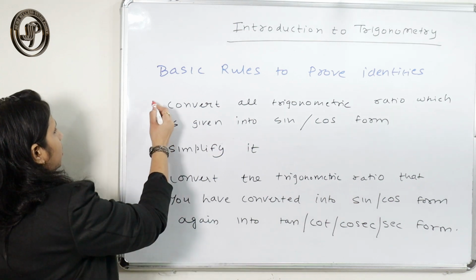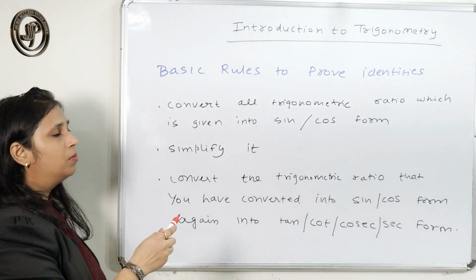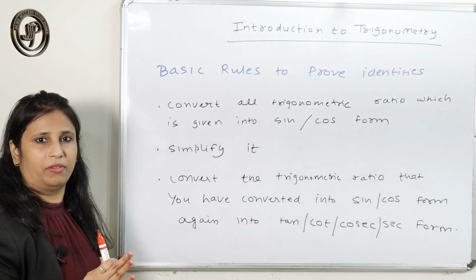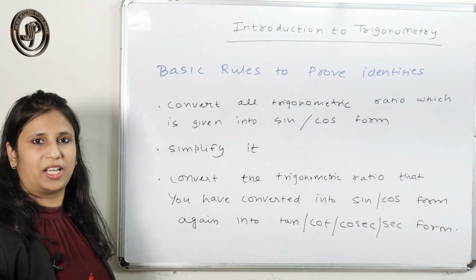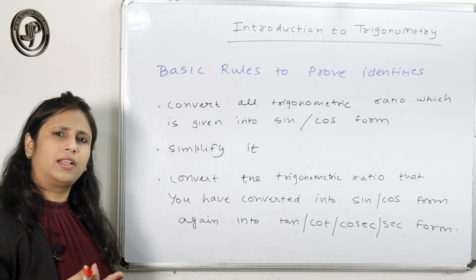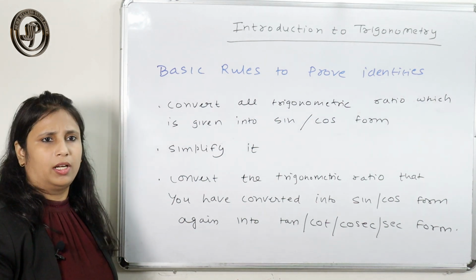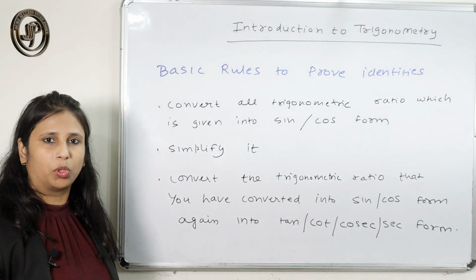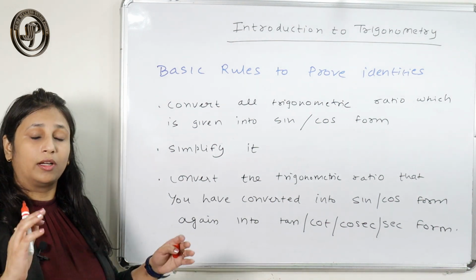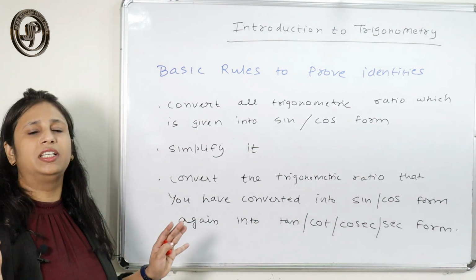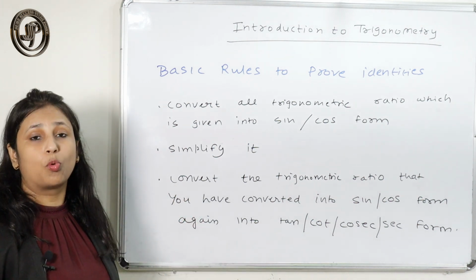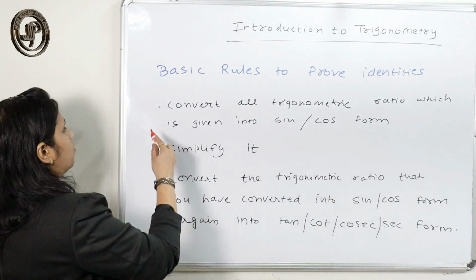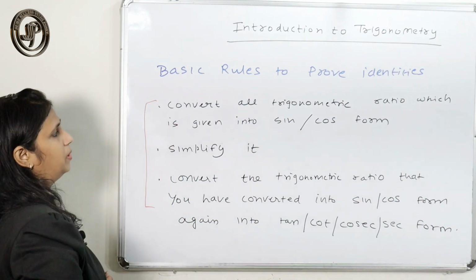That is the basis for most of the problems. If you have done that question previously, if an identities question comes in the exam and you have done it in your class, then you can directly reproduce that question. But if you don't know, and the question is one you have never seen that has come in the exam, then the basic rules you have to follow to prove the identities are three basic rules.